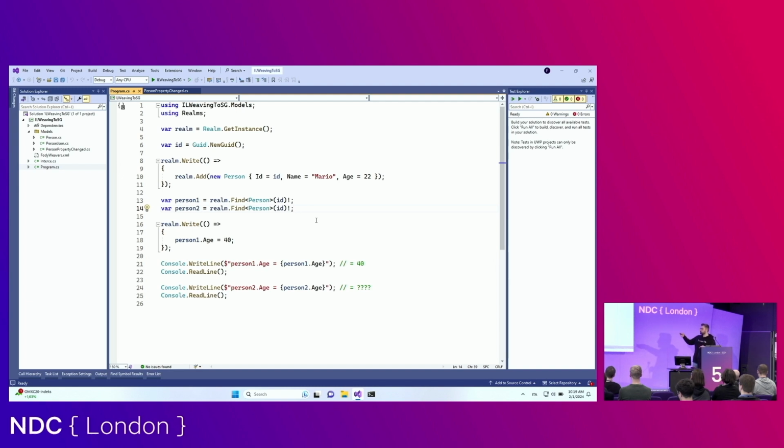Believe me when I tell you that find is not using any kind of caching, so these are two different C# objects. Okay. So what I'm doing now is that I have a new write transaction and I'm changing the value of the age of person1 to 40. And then later I'm just printing the age of person1 and the age of person2. So if you run this,